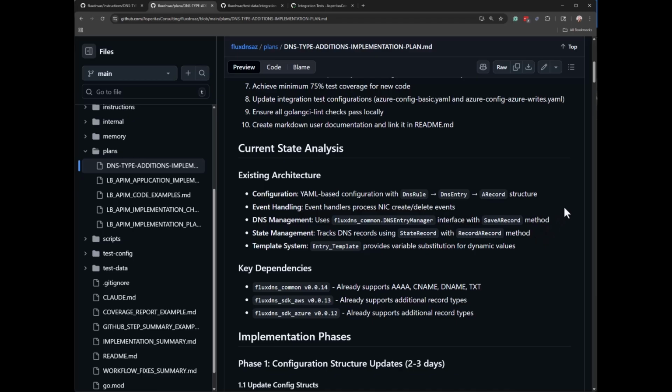It didn't create this thing, and initially it had to do what a human team would have to do, and it would have to audit the application. And it basically did a current state analysis, figured out that it's based on a YAML configuration. That's how users give it instructions for DNS entries. It basically figured out how it handled cloud events, how it dealt with interfaces for DNS management writers,